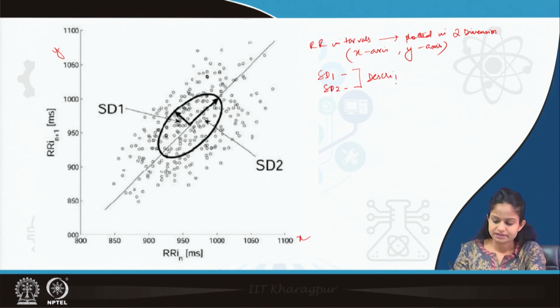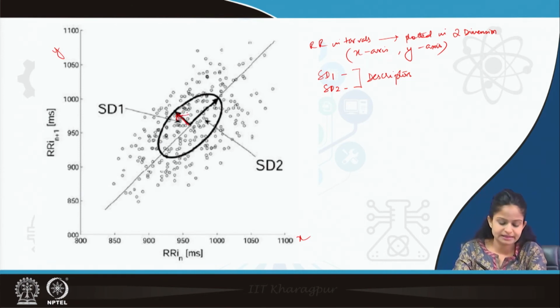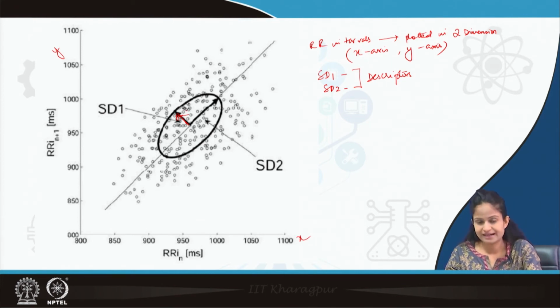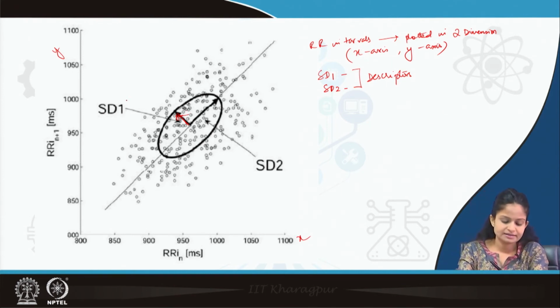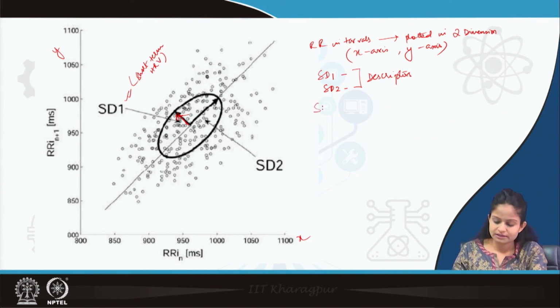These are the descriptors. Now, the points of dispersion, this is the point of dispersion which lies perpendicular to the line of identity. This we can see is lying perpendicular to the line of identity. This is SD1, which denotes short term HRV. So, SD1 is short term HRV, which is nothing but respiratory sinus